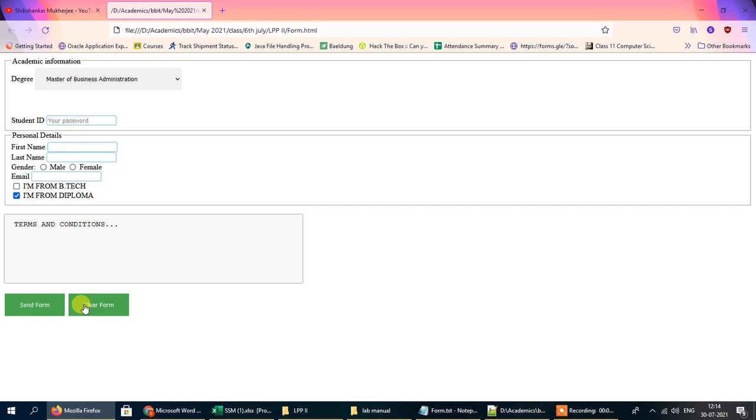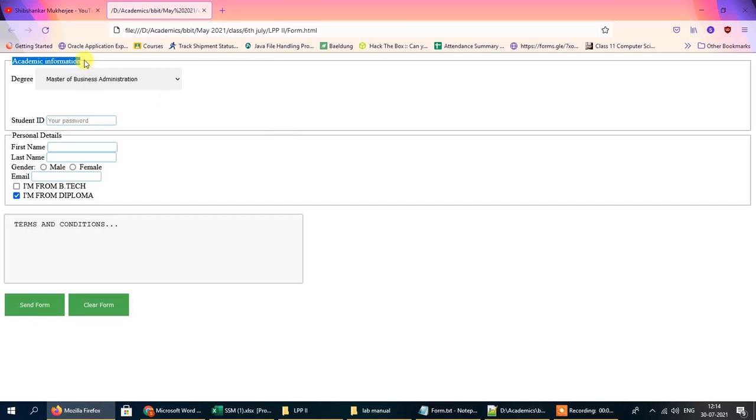So let us understand what the process is of creating a form like this. First of all, let me just go through the entire form and show you what these individual fields actually mean. First of all, we've got this academic information. This is a sort of label or caption above this field.